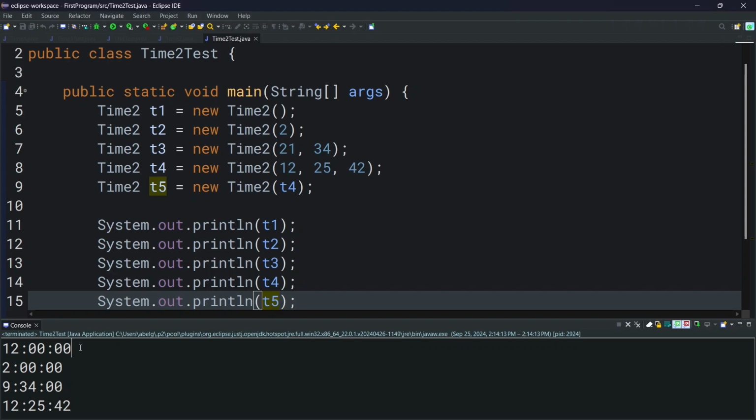it no input, so it's going to have an hour of 0, a minute of 0, and a second of 0. In this case, we're getting 12 because we're converting it to a 12-hour format. And the second object, we gave it an hour of 2, and the minute and seconds were set to 0. And the third object, we gave it a minute and an hour, and the second was set to 0. And in the fourth object, we gave it all 3 values. And finally, in the fifth object, we gave it another object to copy from, so it's going to have the